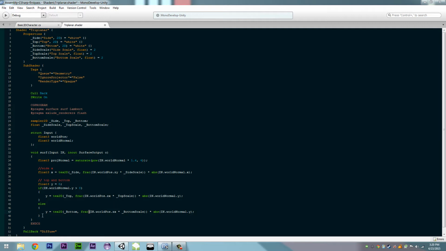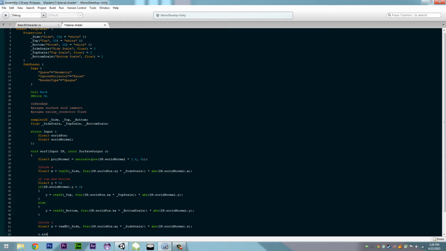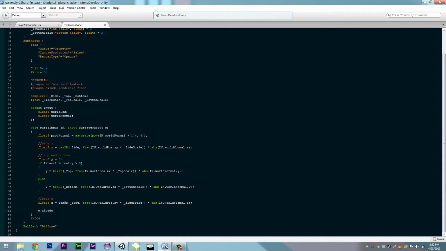And then the last thing we have to do is the Z side, so side Z. For that one we'll do float3 z is equal to tex2D for side again, frac of IN.worldPos.xy times _SideScale times abs of IN.worldNormal.z, and then we want to do o.Albedo, capital A, is equal to z, and then o.Albedo is equal to lerp